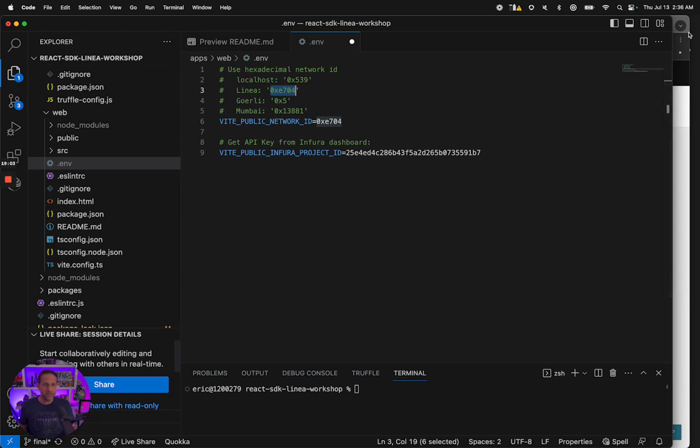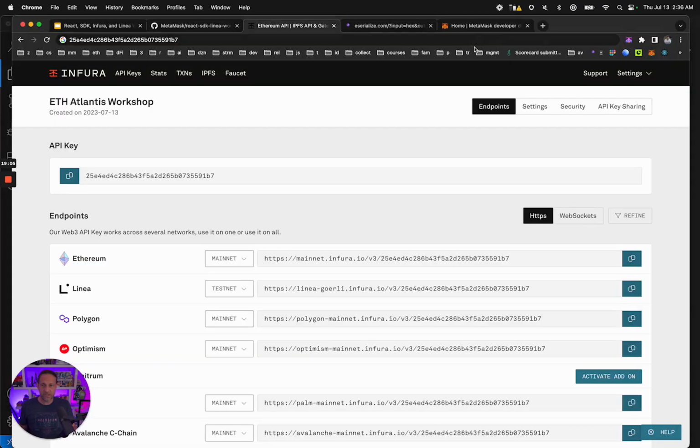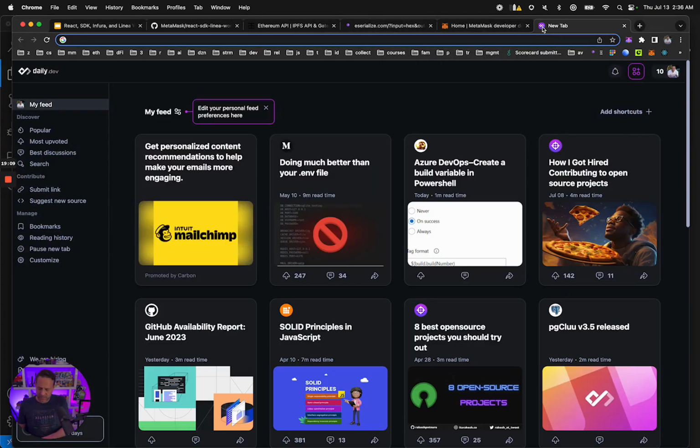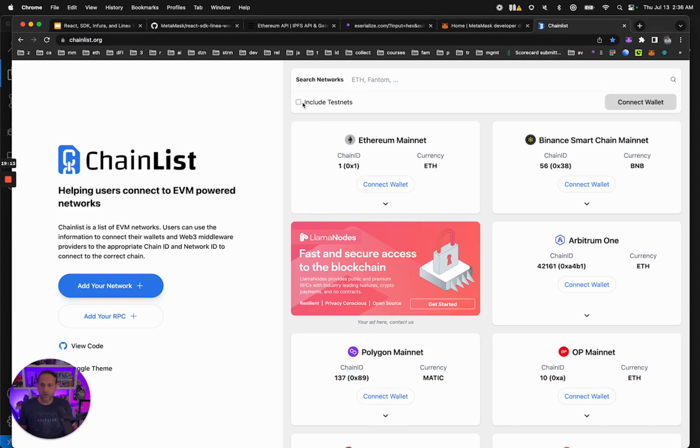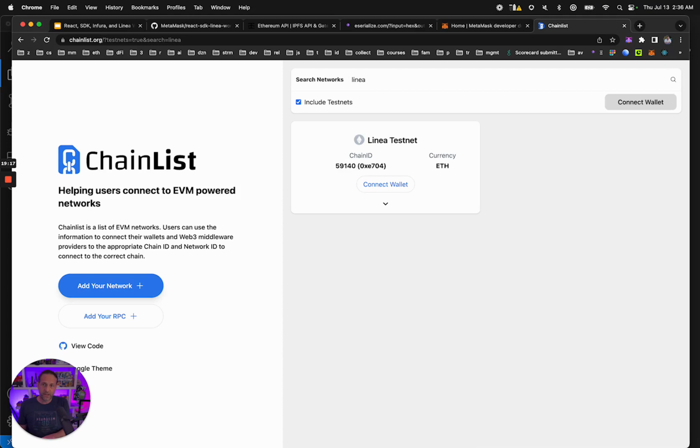Now, how do you get those hex chain IDs? It's fairly simple. I think the place most people would start is chainlist.org, and here you could include testnets. You could type in Linea, and you would find the chain ID, and you could find the hex version of that. Now, if you find the chain ID another way, or if you know it by heart, another thing that you could do is copy it and go to